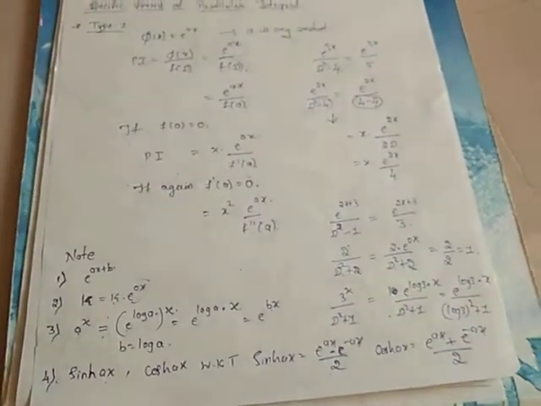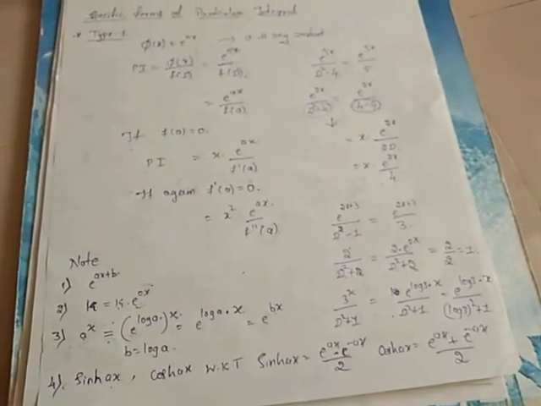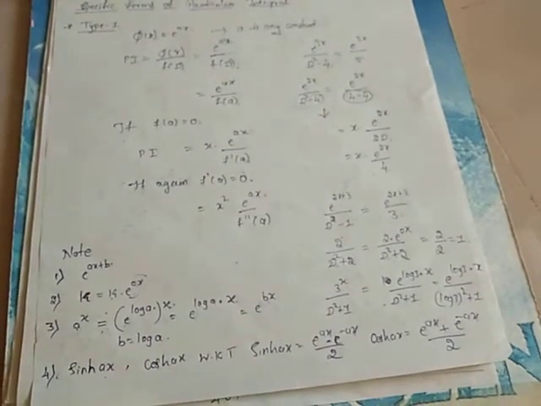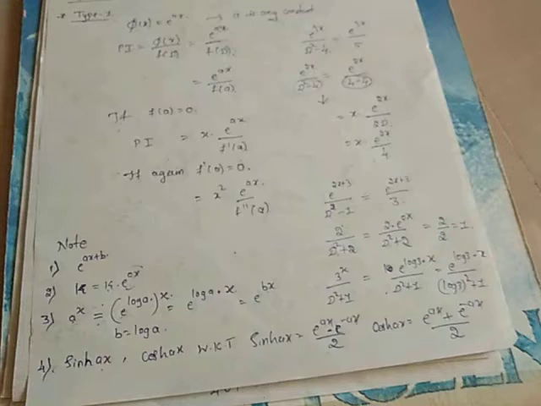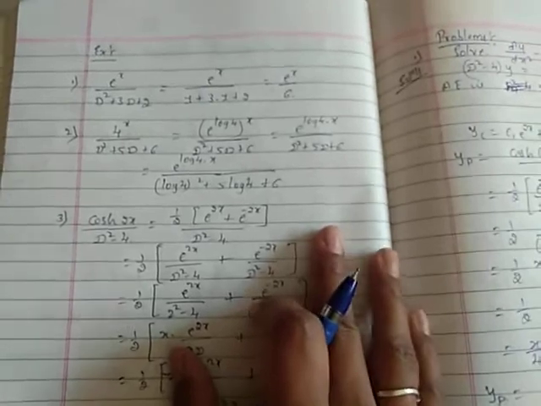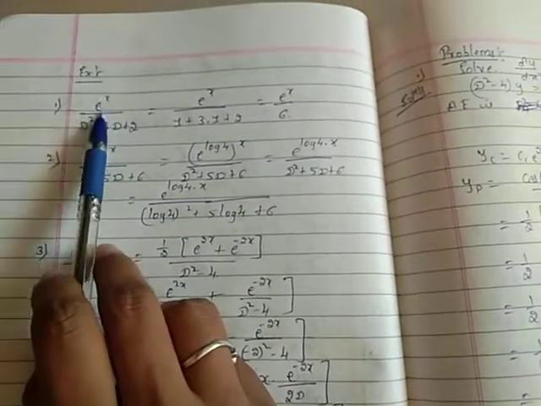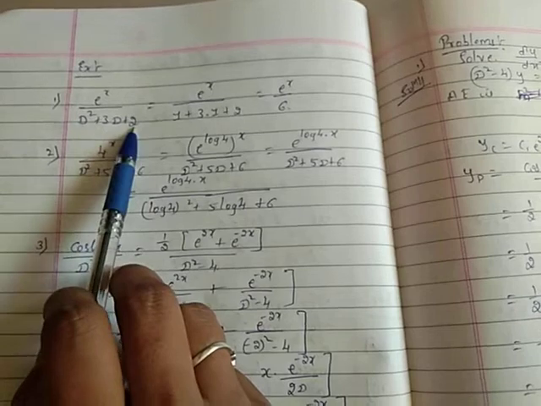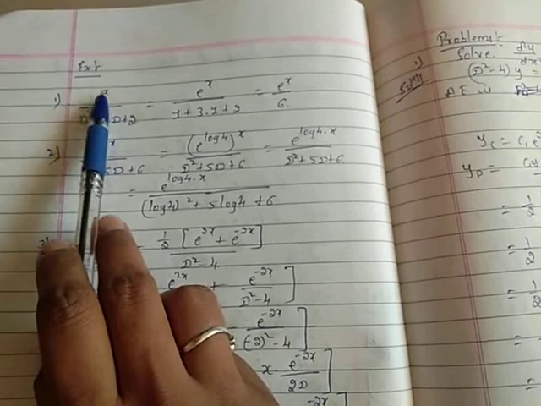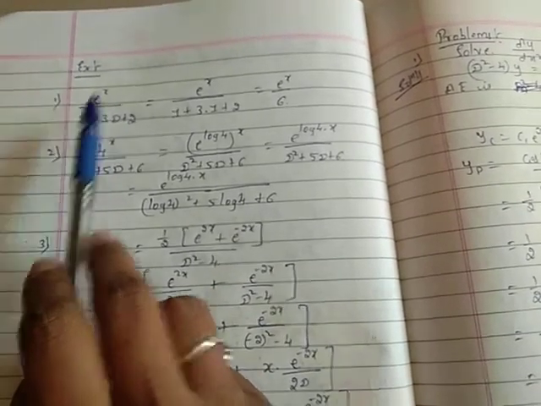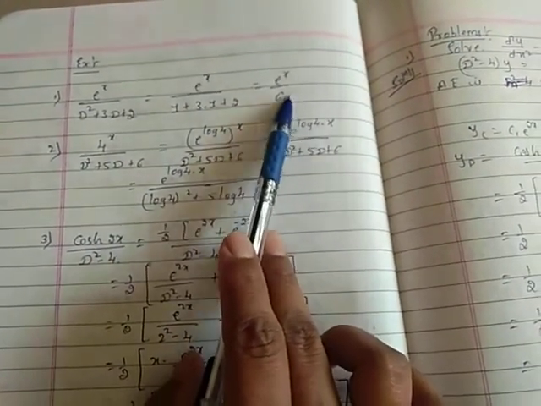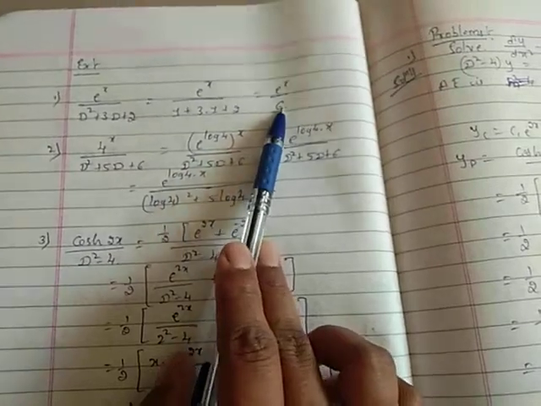So that is the description of the type 1 procedure, how to solve the non-homogeneous equation under the type 1 functions. So this will be the procedure to solve the type 1 examples. Here I mentioned some examples of finding the PI of the type 1. In that, the first one is e raised to x divided by d square plus 3d plus 2. Here the function is directly in the form of e raised to x. Here the value of a is 1. So replace d by 1. After replacing the d by 1, we get the denominator 6. So our particular integral is e raised to x by 6.